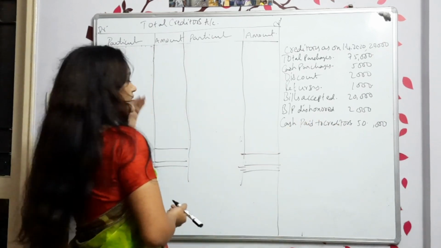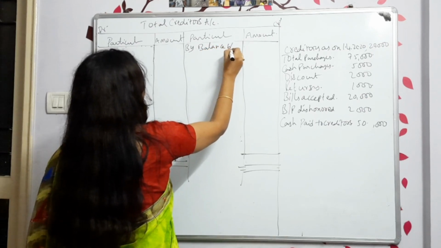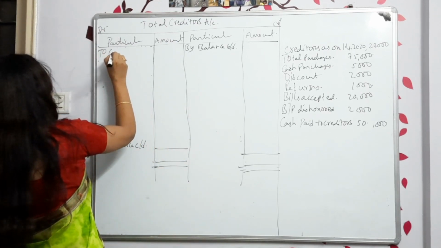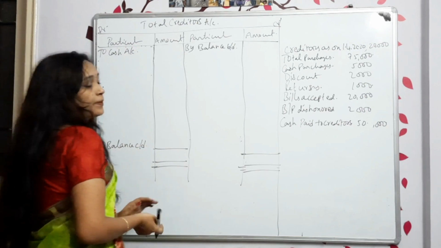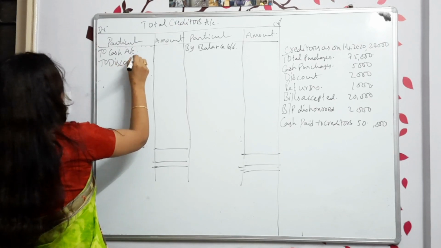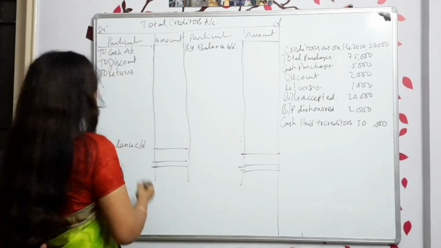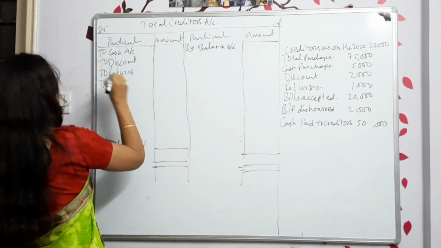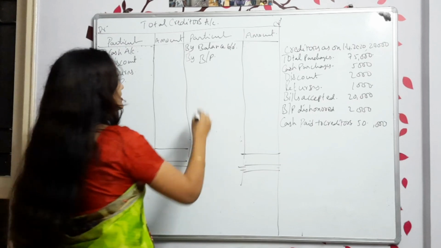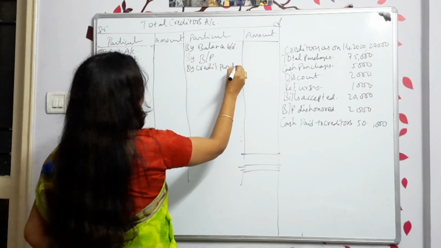Okay. Now first let us go on with the format. Here we have by balance brought down, because it is a liability, and to balance carry down. After that, to cash or bank account. If any cash is paid to the suppliers, we write it here. Next, to discount. If we received any discounts, we write them here. To returns. If we returned any goods to the suppliers, you write here. If any new bills were accepted, we write here. If any bills were dishonored, you write on the credit side. If any credit purchases, we write on the credit side.